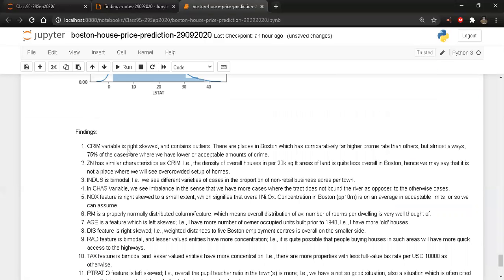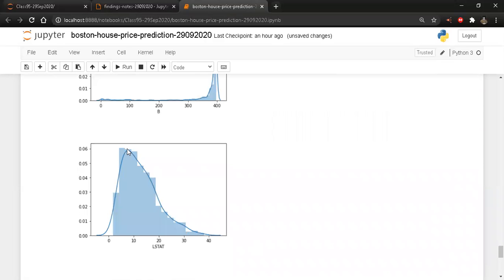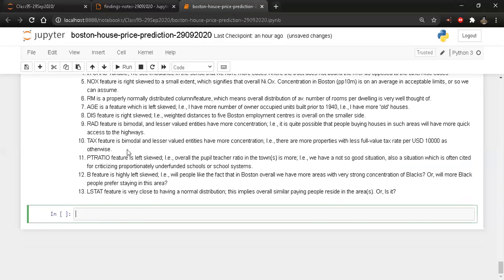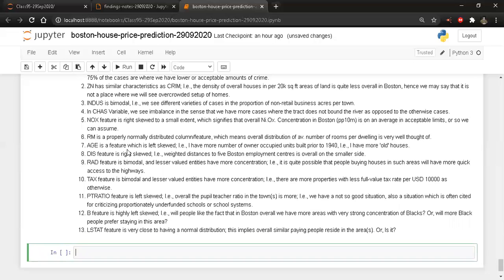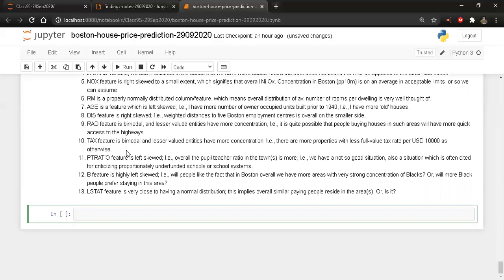But then I could clearly see there can be close relations between one variable and another variable. We have to find out if there is any interrelationship between these features. Okay, let's look into that. How am I going to do that? I know I can plot a heat map. So let's now look at correlation within the